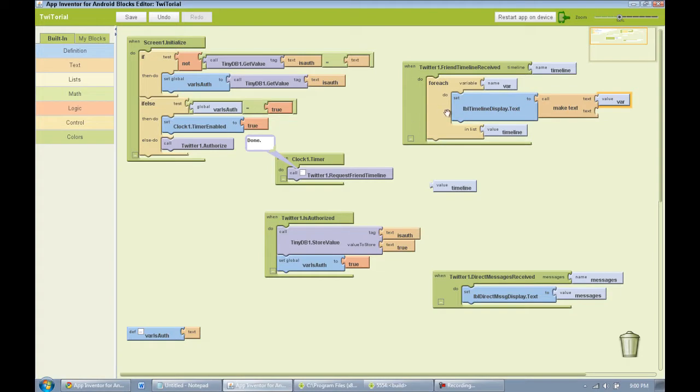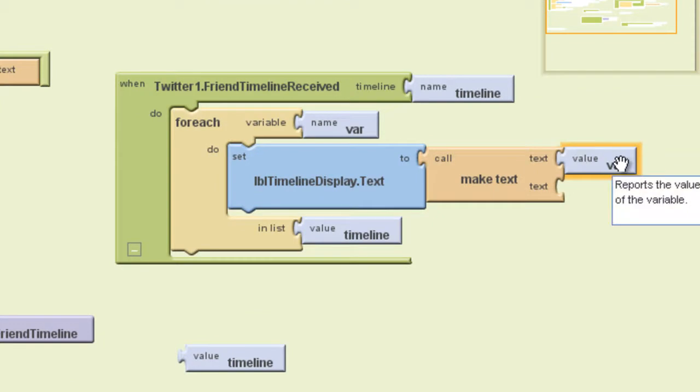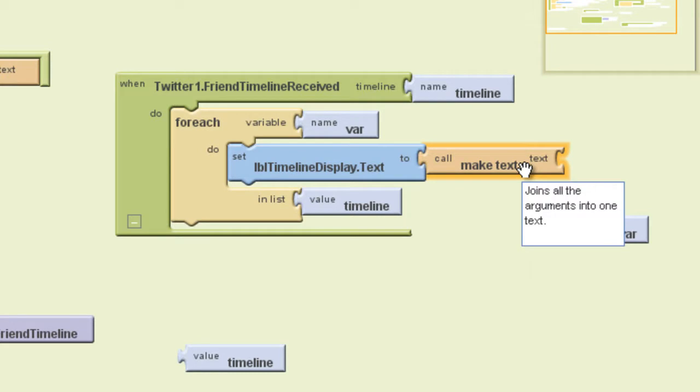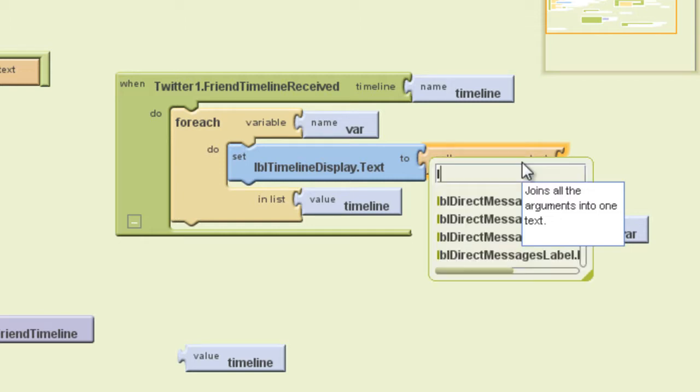A quick little explanation of what for each does. It takes every item in a list and loads each item one at a time into this temporary variable. Each time it does that, we're going to place the timeline display text with that variable. But if we were to just do this right here, it would erase what it placed in it last time. So we actually need to concatenate the current contents of the label with the next contents of the label. The way we do that is just using the label,